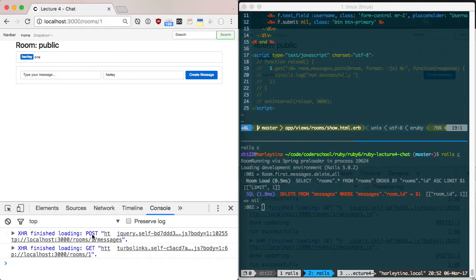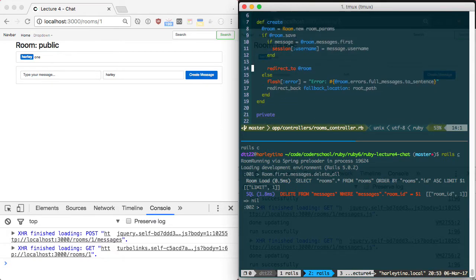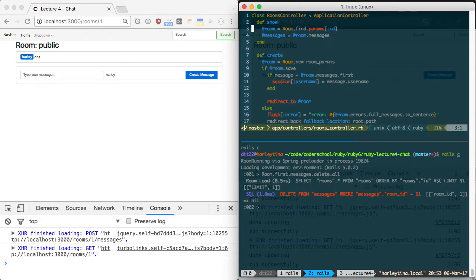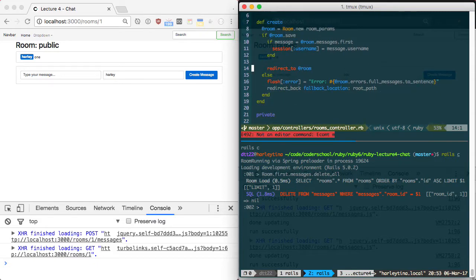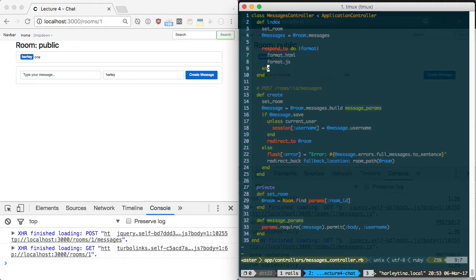I don't understand why it posts and then it's doing another get. That's not what I want. That's quite weird. See messages. Oh, yeah. So you see, after it finished, it redirects to this room thing, and then it. Oh, good lord. So